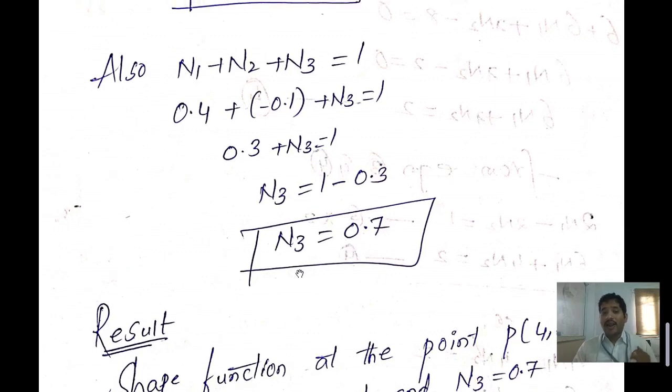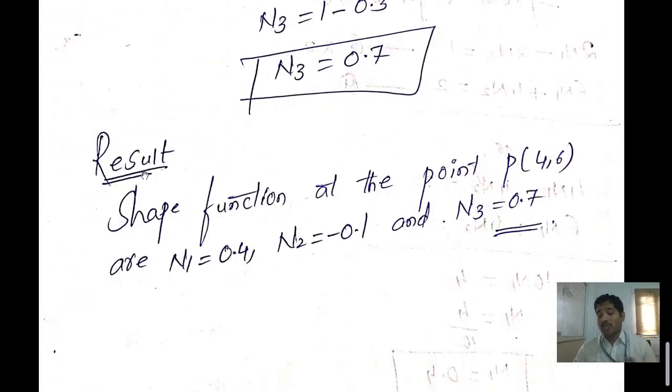So in this case, the n1 value is 0.4, n2 value is how much? Minus 0.1, and n3 value is how much? 0.7. So after getting the result of n1, n2, n3, you need to represent it over here. That is the most important, because it shows a positive impact. If you do not represent this result, the examiner may have confusion during the evaluation. So please write down this result, because this result carries 1 mark. Is it right? If you represent this result, then based on that only, the examiner will give the full marks. Is it right?